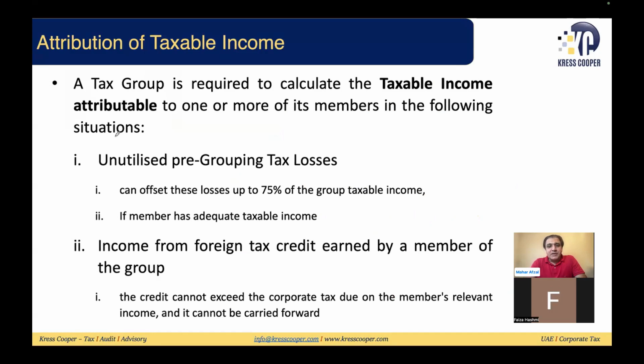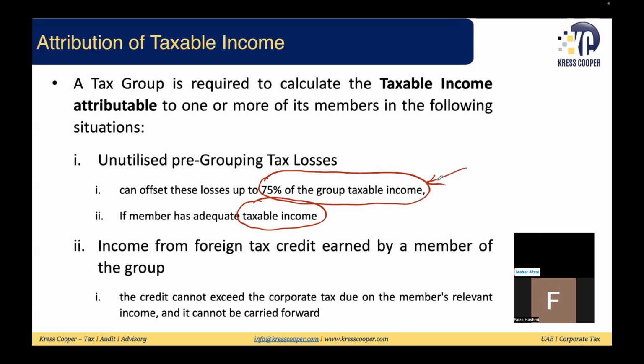Then the law says the member must have the taxable income. So the important thing is, if the member wants to adjust the pre-grouping tax losses, we need to calculate the taxable income of the individual member. We need to ascertain the 75% of the group taxable income. This 75% of the group taxable income, we will assess this, that is fine. But 75%,